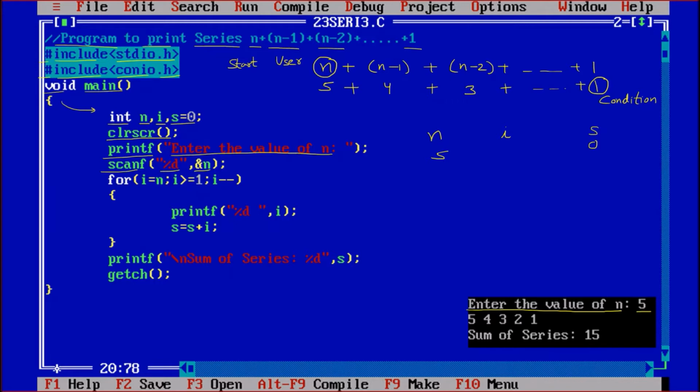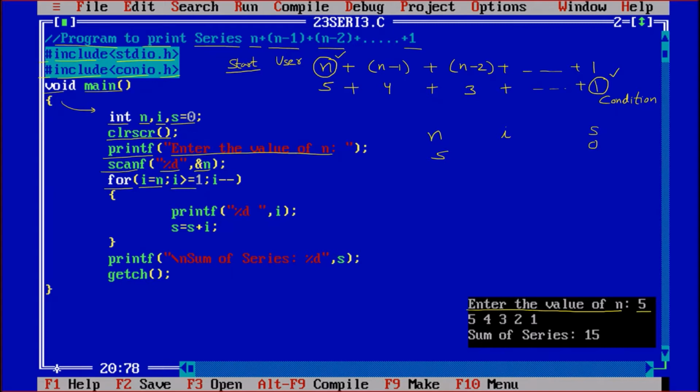For running the loop, we must know the start value, and we know that the start is n. So we are saying for I is equal to n. We should be having some condition, and condition is ending with the I. And we know that n is greater than 1.